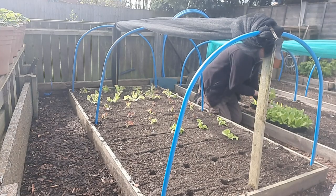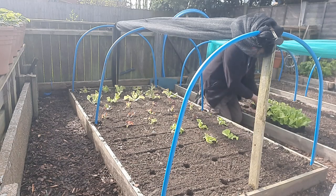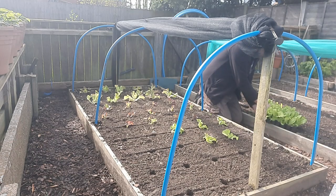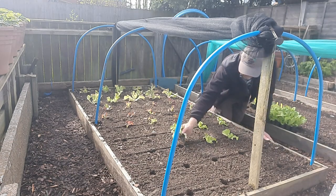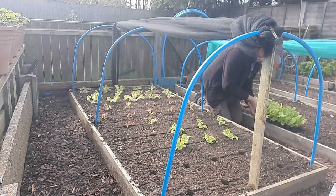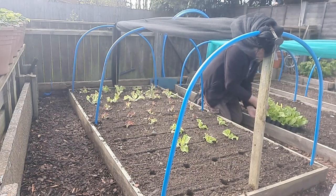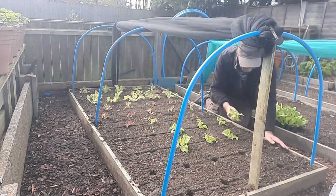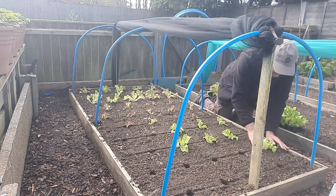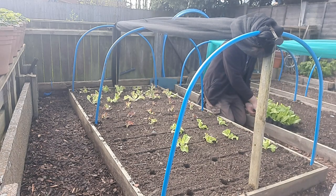Also drop the net down over them as well. It'll give them a bit of shelter from the wind. Also, I've got some leftovers then in case a slug gets under here and causes problems, because they do like hanging around in this corner down there. It's quite shaded. I'll try to put the lettuce down here, so it doesn't get blistering sunshine and scorching